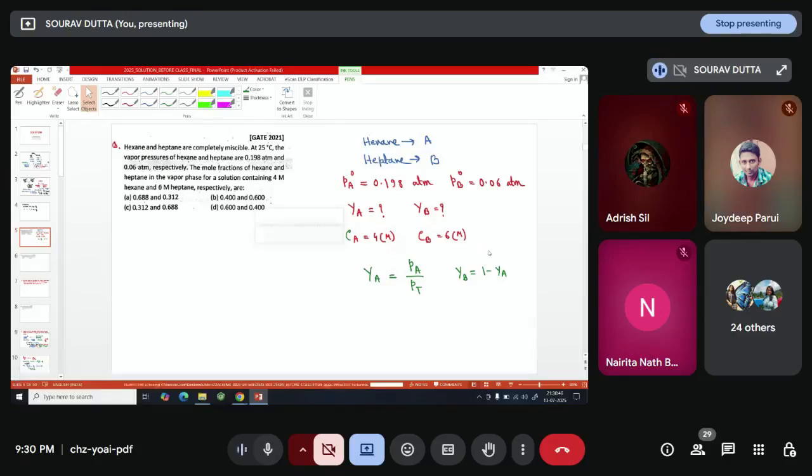So at first we have to calculate PA, right? But PA is not given to us directly. That is the problem. Okay, no issue. শুরু তো করা যাক, তারপর দেখা যাক কি হবে।